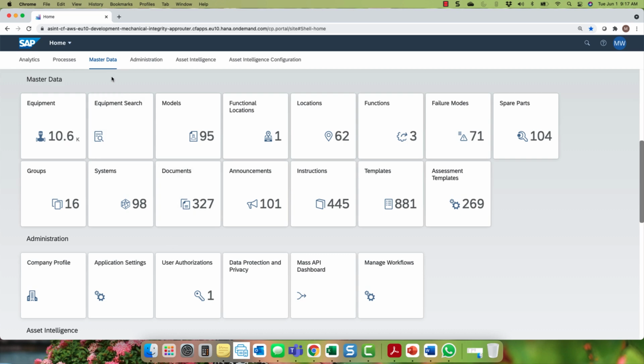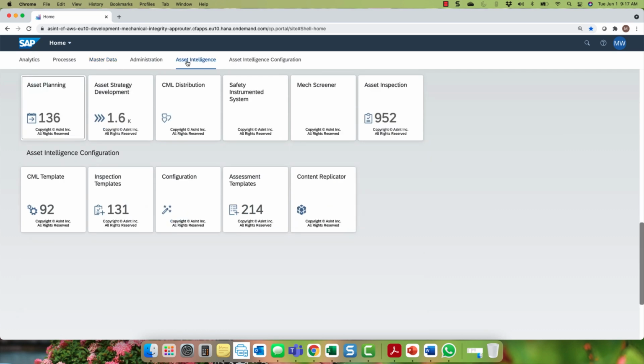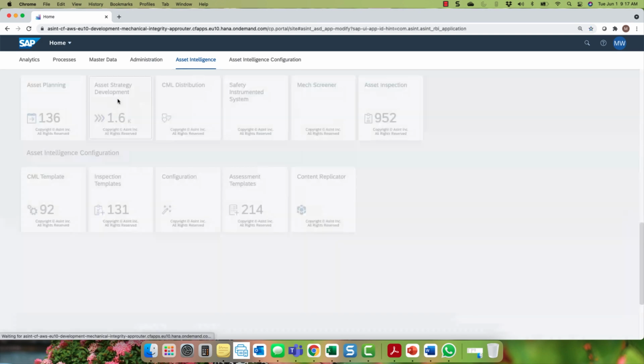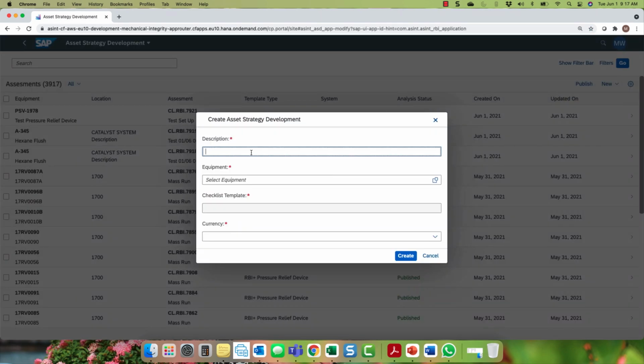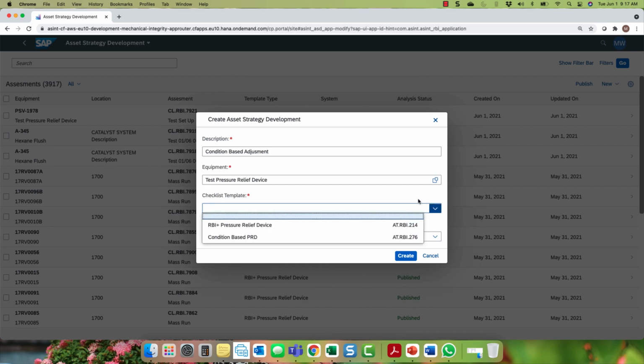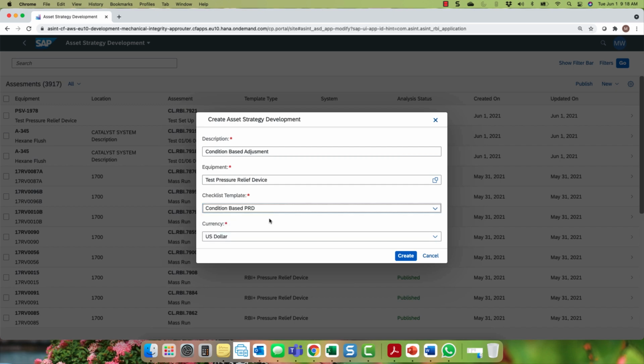the SAP platform. You see, we're logged into SAP ASPM, and if we select Asset Intelligence and then select our Strategy Development tile, we can now create a new assessment and name that assessment Condition-Based Adjustment and apply this to our selected device. You notice that in the AsInt application, we are able to select either an RBI-based assessment or a condition-based assessment. We've already performed our RBI assessment, so we're going to select condition-based, so that we determine the impact